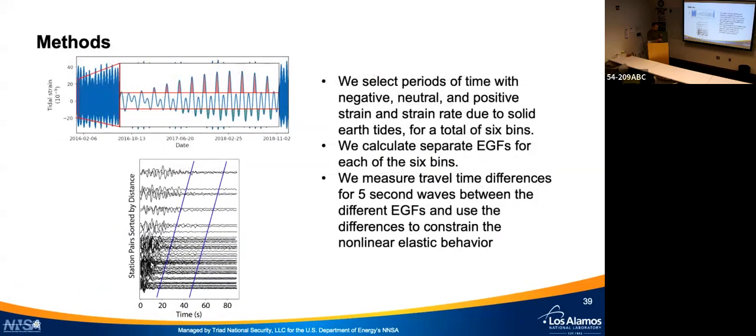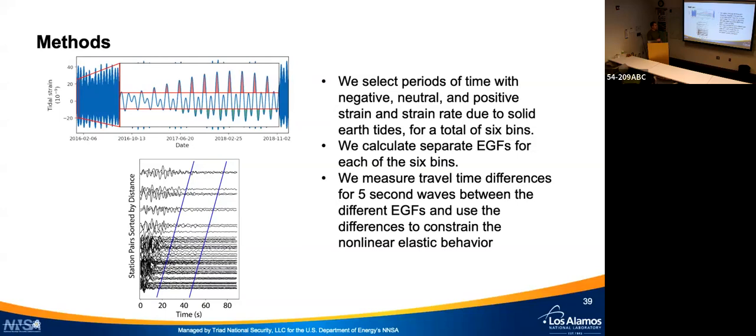So we're doing the same thing. We're measuring the coda part of the empirical Green's function, small phase shifts, the differential travel times. In this case, we're actually looking at many more things. I'm looking at extension, neutral, and compression. But then I also look at the strain rate. So essentially I take this function, take the derivative of it, and then the time derivative, and then I look at when the strain is increasing, decreasing, or neutral. So there's sort of six